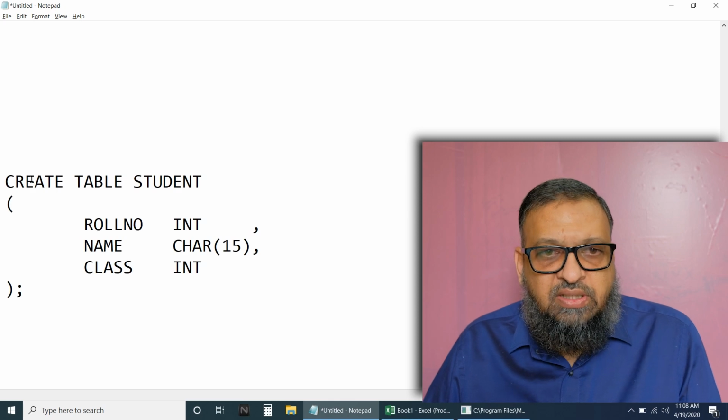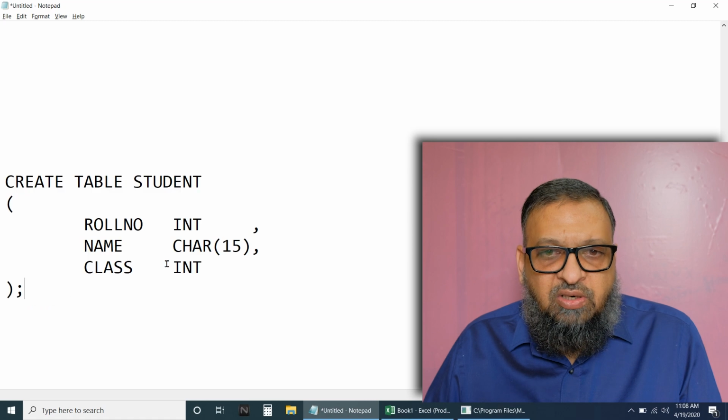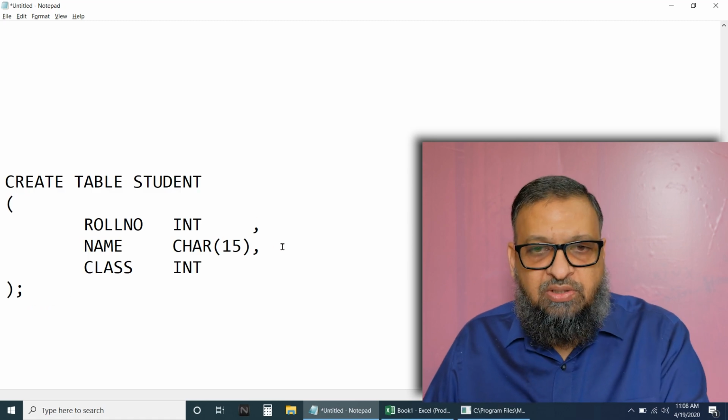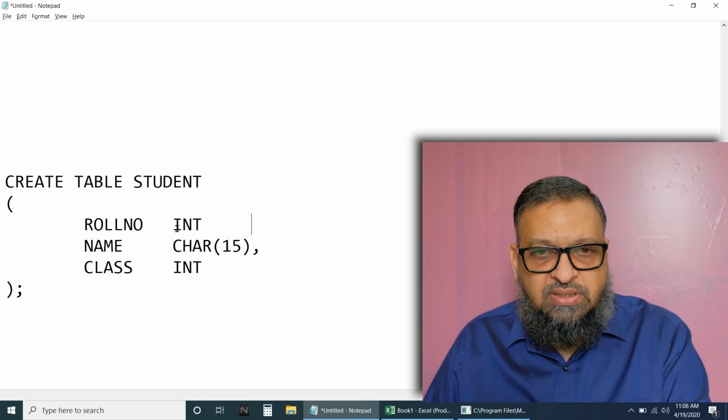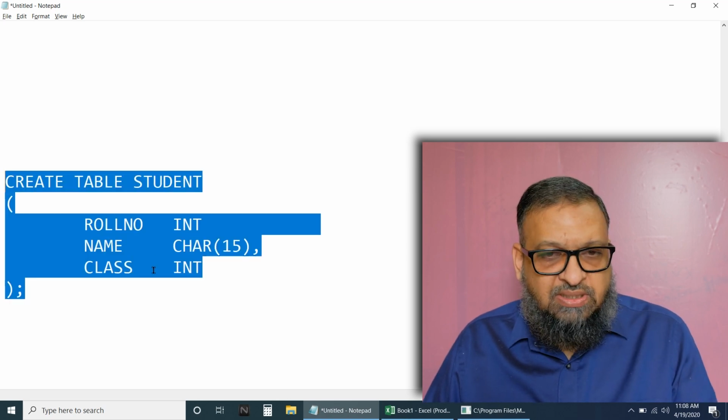Now, let us see, this is a table I want to create. I want to create, already I have created this table, fine. Now, let us make some intentional mistake. I will remove this comma, okay. See this, I have removed the comma. I will copy paste, and I am sure that there are no tables here.